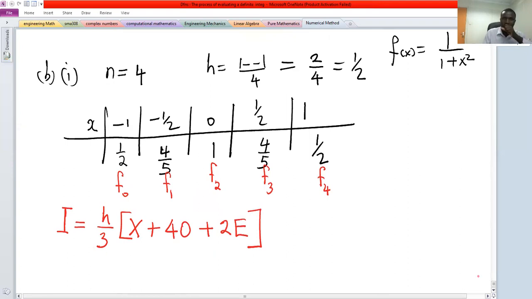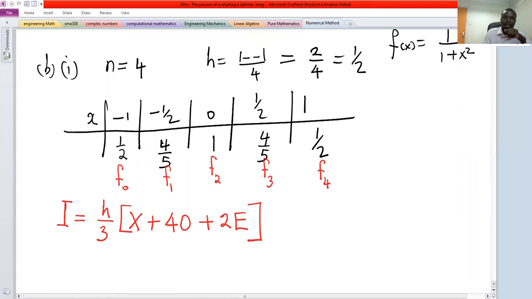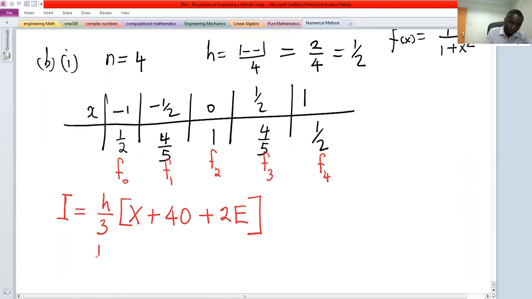So a half is our h, dividing by 3 is 1 over 6. So this is the formula, h over 3 into, so X, the sum of end ordinates, will be f0 plus f4